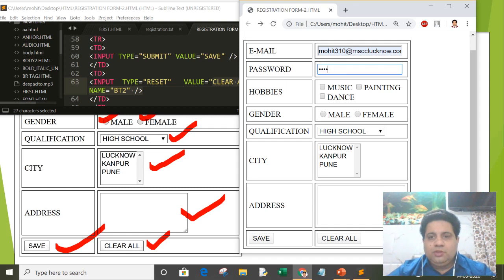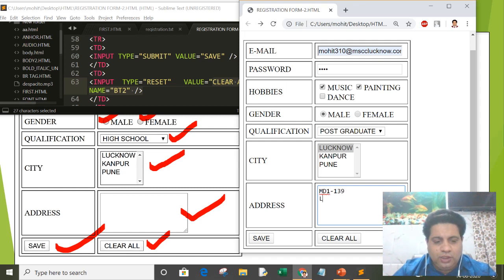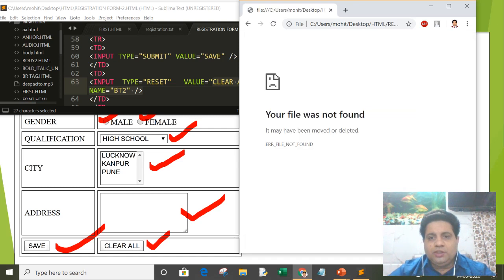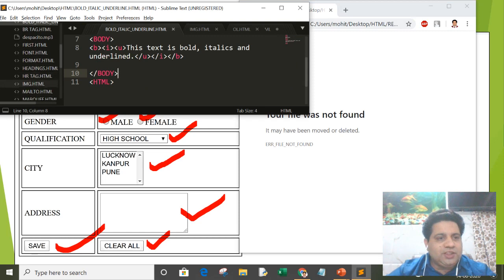Password, music, painting, high school, postgraduate, Lucknow. I am giving MD1 139 LGA Colony, Lucknow, and I am clicking on the save button. Now let me check what is the problem. It should display the message you have been registered.